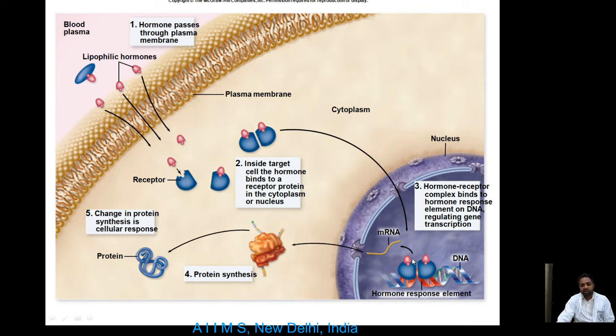Due to transcription it will make mRNA, and the mRNA will be released, and whether it has to synthesize a protein or do some other inhibitory response, the response will show like that. Okay, or it can directly enter the nucleus, and there it can show its